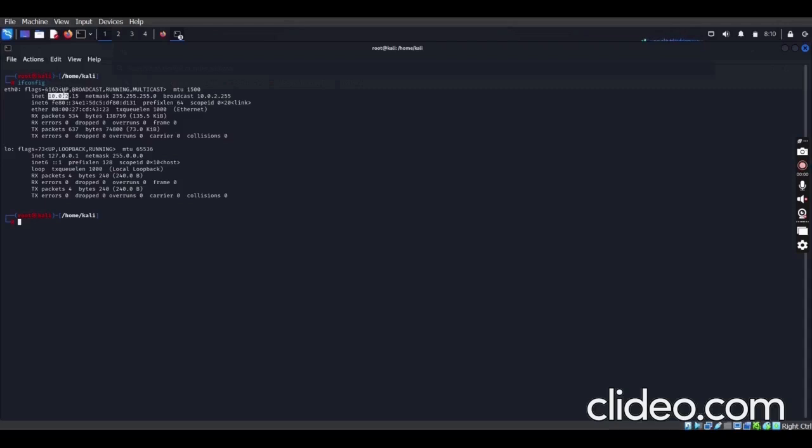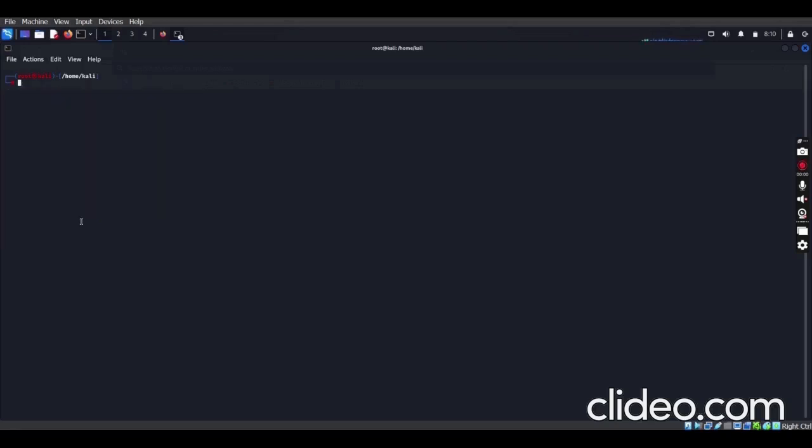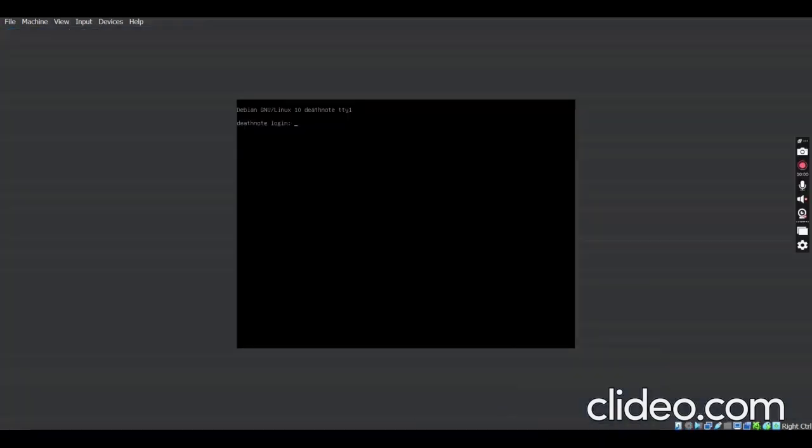Now, since I know the pattern, it's time for me to run through my network and find out the IP of this particular server which I'm trying to break.